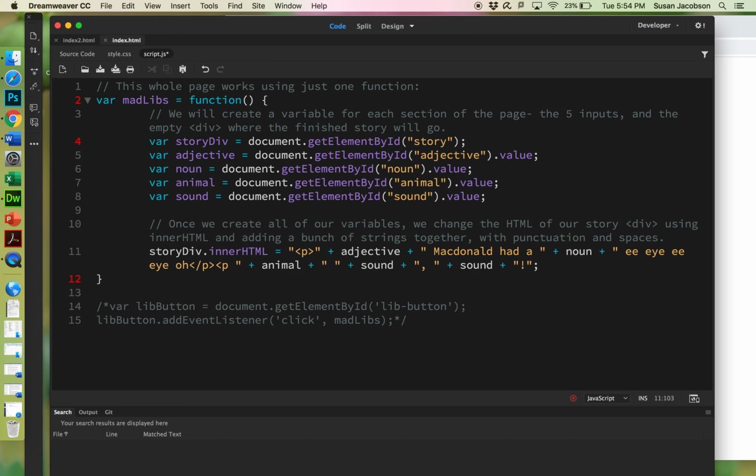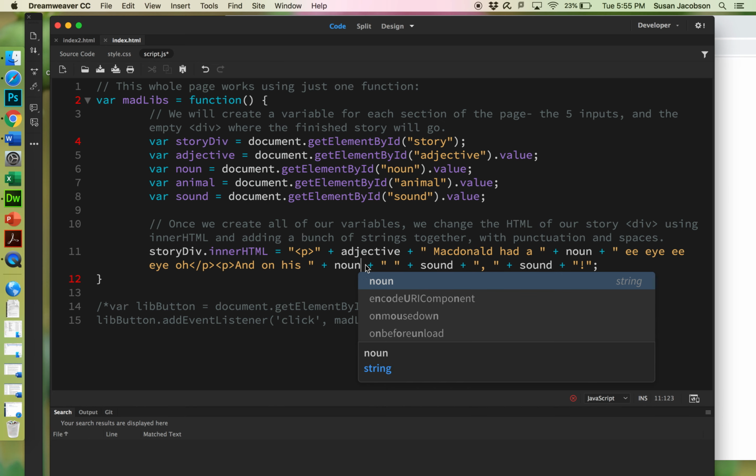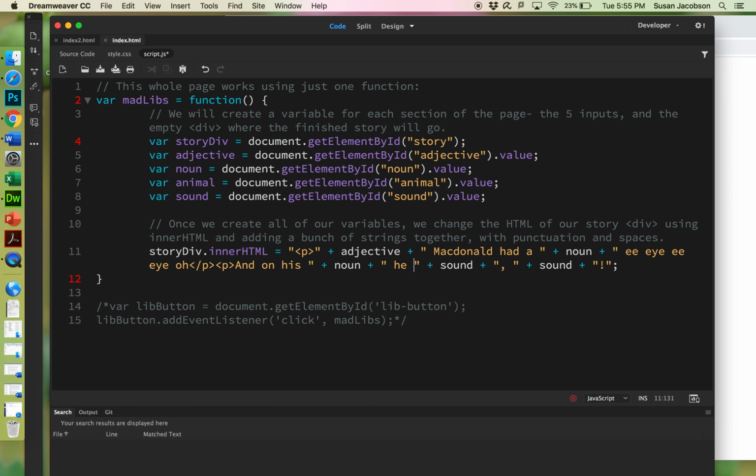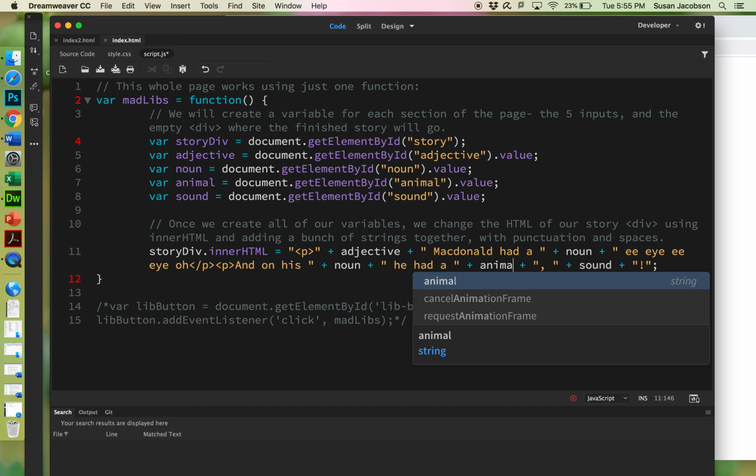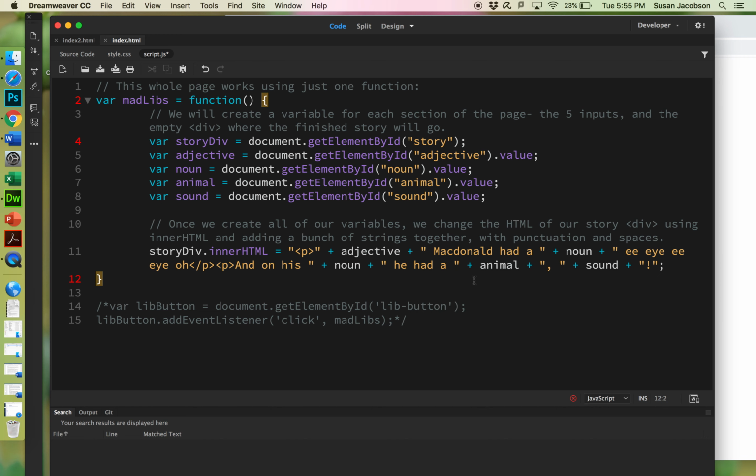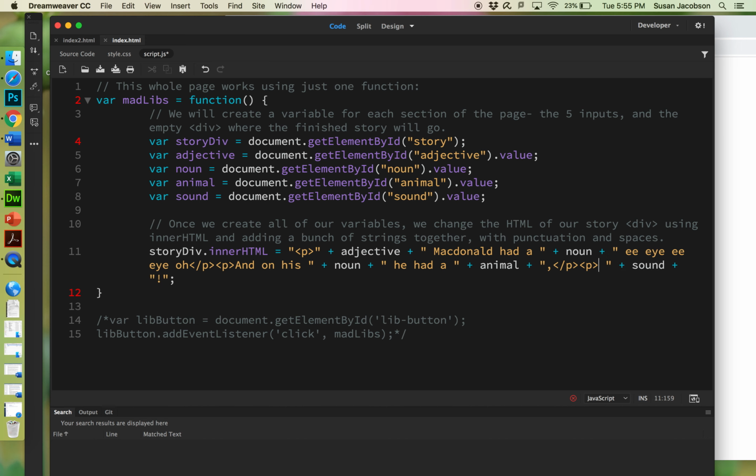Okay, make a new paragraph. And on his, this is noun, on his farm, he had a, this is where the animal comes in, animal, and then we're going to have a comma, okay, and then close paragraph, and then a new paragraph, E-I-E-I-O. I never knew what that meant,